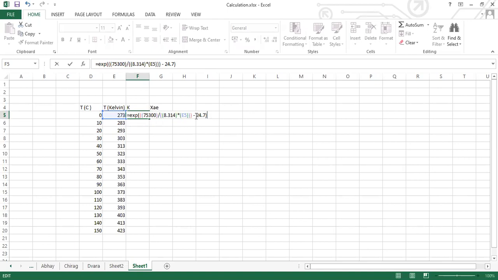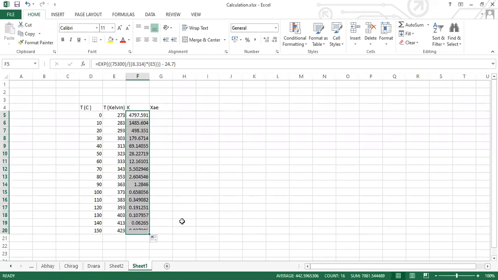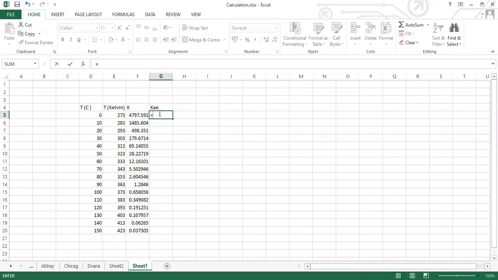Let me check whether I'm getting the correct answer or not. It's 4797.59. So if I drag this one, I'm getting a different K value. Now I'm getting the X_AE value. The X_AE value we can get